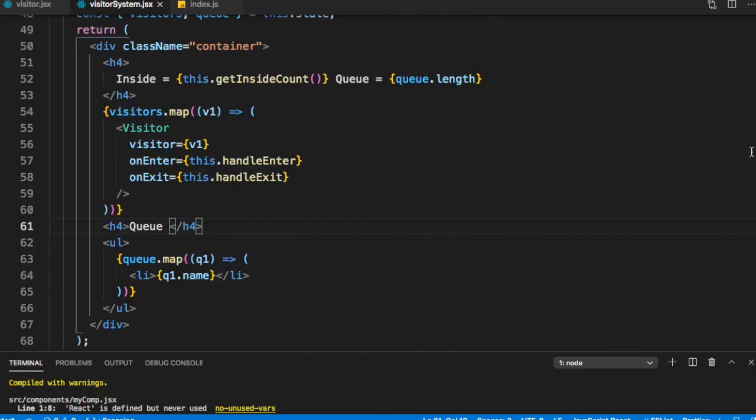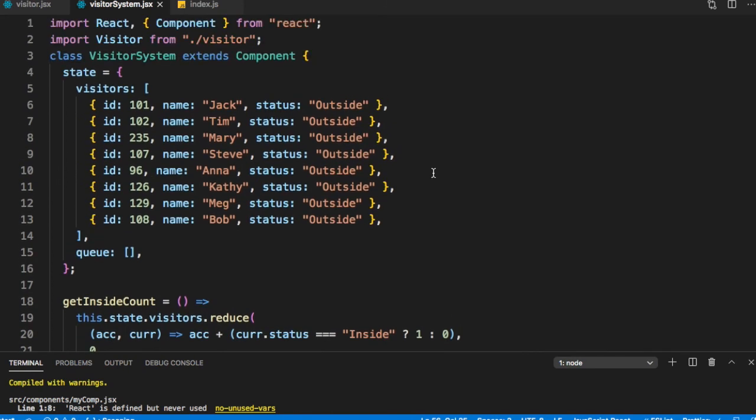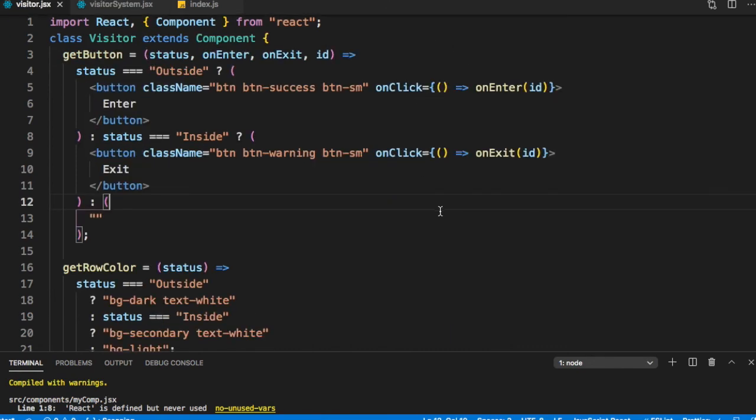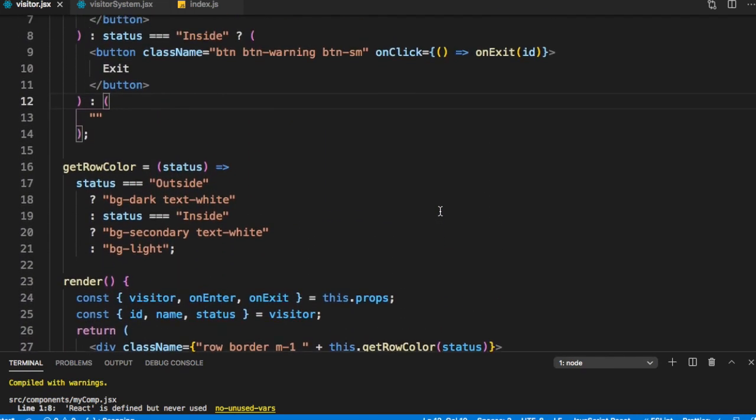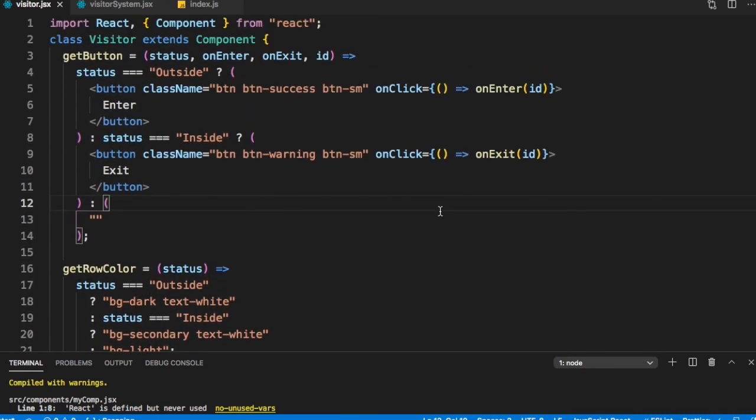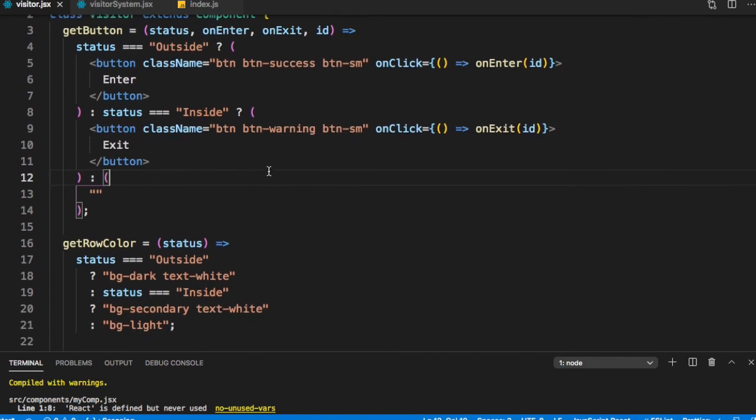So if we just recap it, we created two components. One was the visitor system, which was managing all of it, which maintained the state, and the other was visitor, which was rendering each visitor. So the rendering logic of a visitor was put in this component visitor, and everything was passed to it using props.